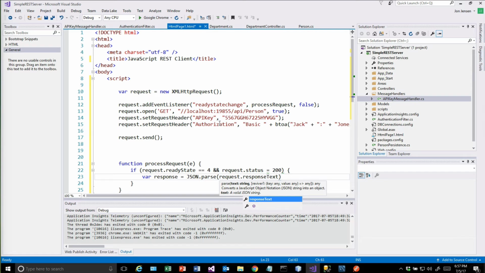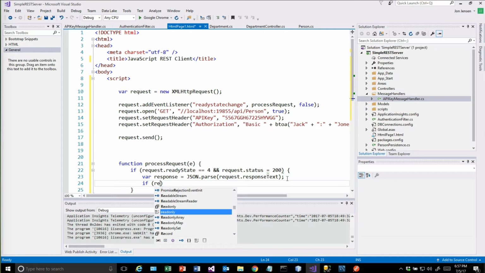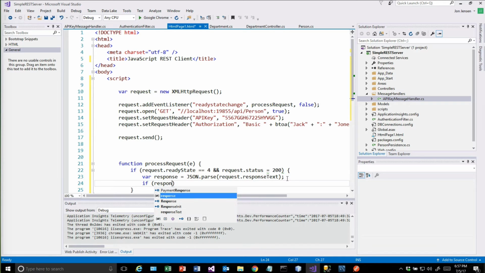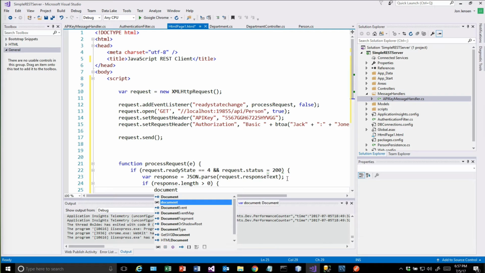Now you'll notice this is a little bit weird because we're calling XMLHttpRequest. There isn't a JSON HTTP request, although I know some people have written a library out there to do this with the same thing without having to do this additional parsing step. But for our purposes, we're just going to go ahead and do this. So basically we say, well, if the response has something in it, then what we're going to do is write out to the document